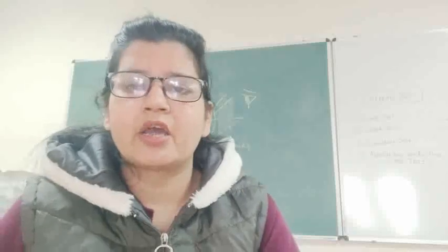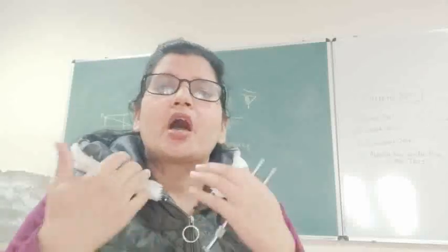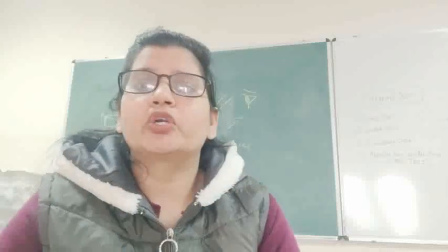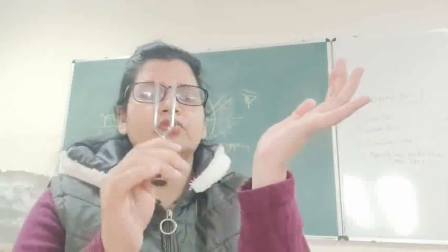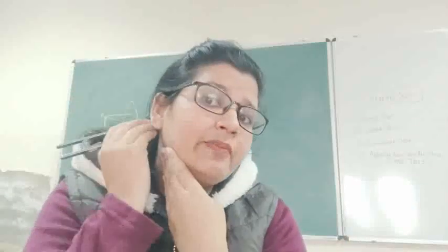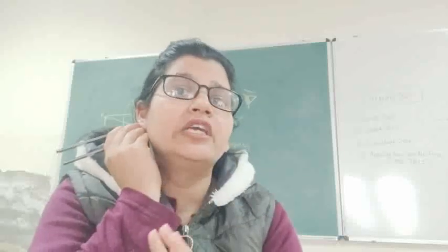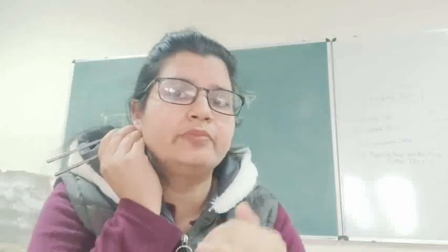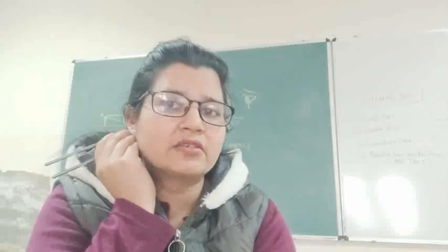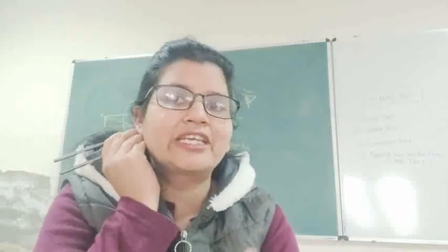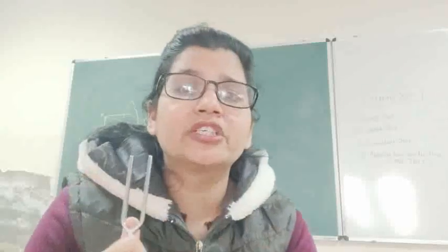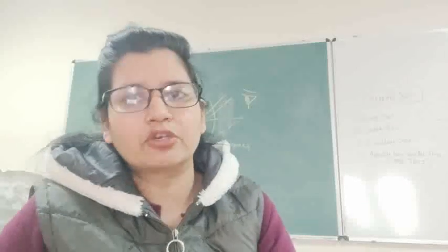Next is Schaubeck test. Schaubeck test is basically when the bone conduction of the examiner is compared with the bone conduction of the subject. How? Again, we make the fork vibrate and place it on the mastoid process of the subject. When he stops hearing, the examiner places it on his or her own mastoid process and sees whether the sound is still heard. If the examiner hears it, that means the bone conduction of the subject is decreased. So that can be sensorineural loss, or bone conduction is increased in conductive loss. We'll discuss some conditions related to this to diagnose the condition.